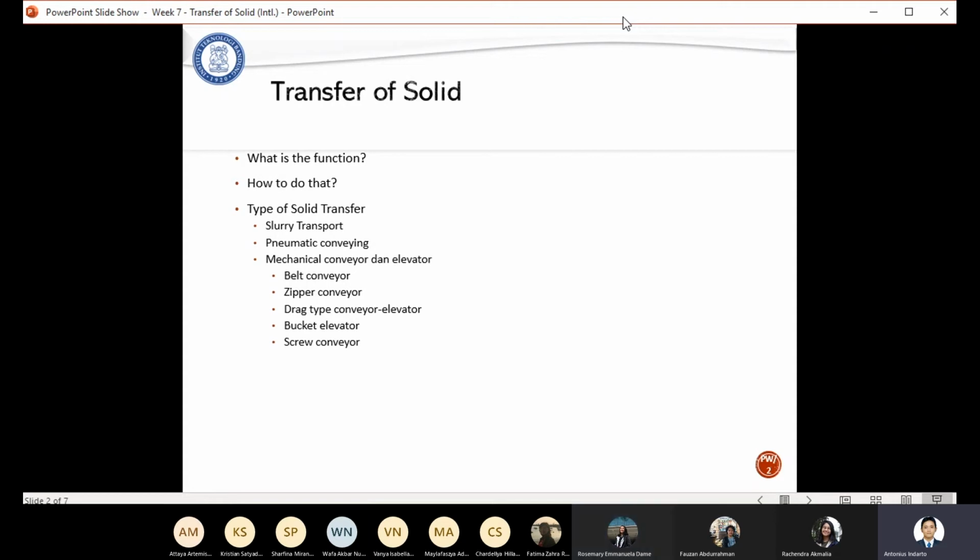Okay, so it is very clear that solid transfer equipment is trying to move solids from one point to another. And then how do we do that?